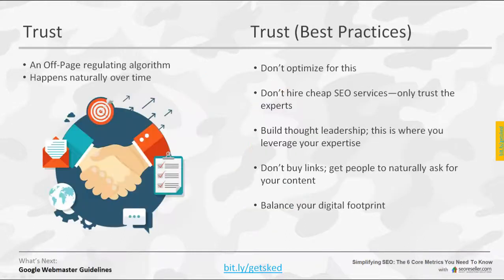Now, let's move on to trust. This one is also a regulating algorithm, but it regulates off-page. Trust is generally known as the Penguin. Now, one of the things I need to mention about the Panda and the Penguin, these two algorithms are very unique. Never in the history of Google has an algorithm been developed to penalize websites. All the previous algorithms, Mayday, Caffeine, the Brandy, Florida, all of these previous algorithms were meant to reward websites